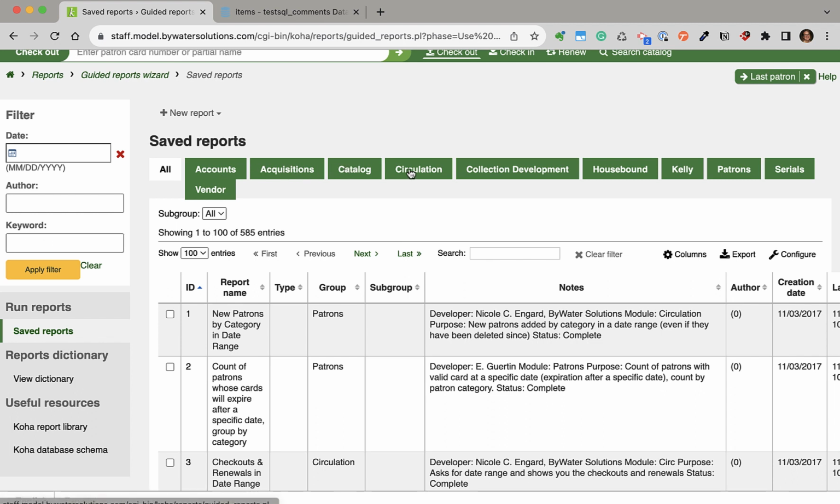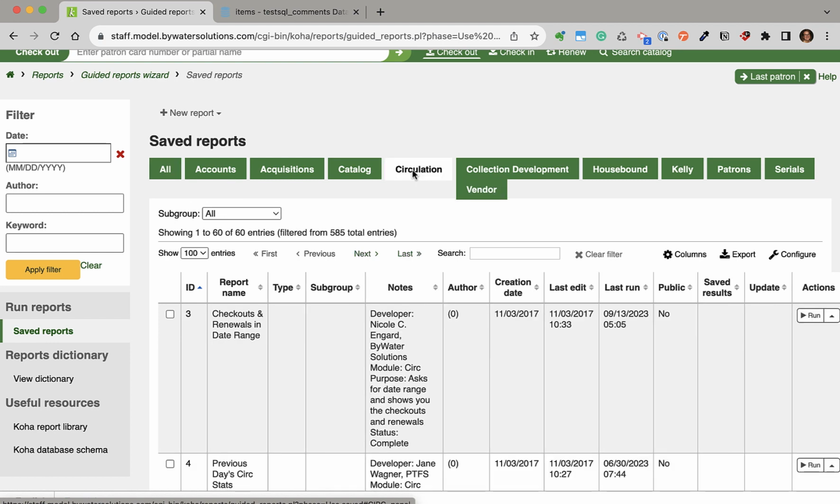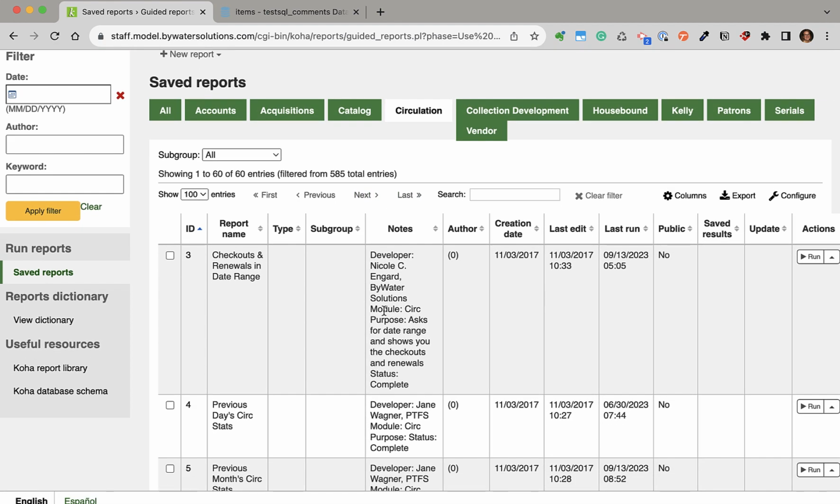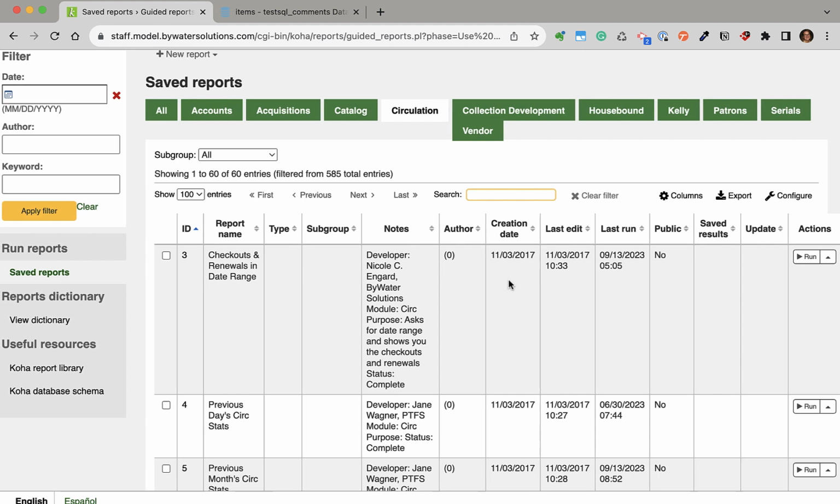Koha allows you to create groups of reports, so I can easily pop over to my circulation set of reports, which would be easily able to find the report I'm looking for. I also have a search option here, which is going to search the entire table of reports. As we break down these reports, we have a report name, any notes about that report, when it was created, when it was last edited and last run, and then finally, way over on the right, you have that action